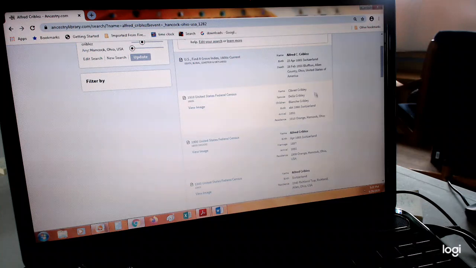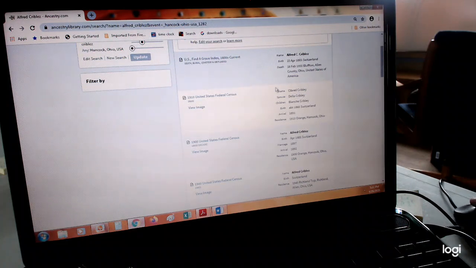Oh, look here. Look how they spelled Alfred. And you will find that in records. A lot of times they had thick accents. It was hard to understand them. Sometimes people didn't know English, the immigrants. And so when they said their name, if we think of a German accent, it's no wonder that they get the names wrong sometimes.